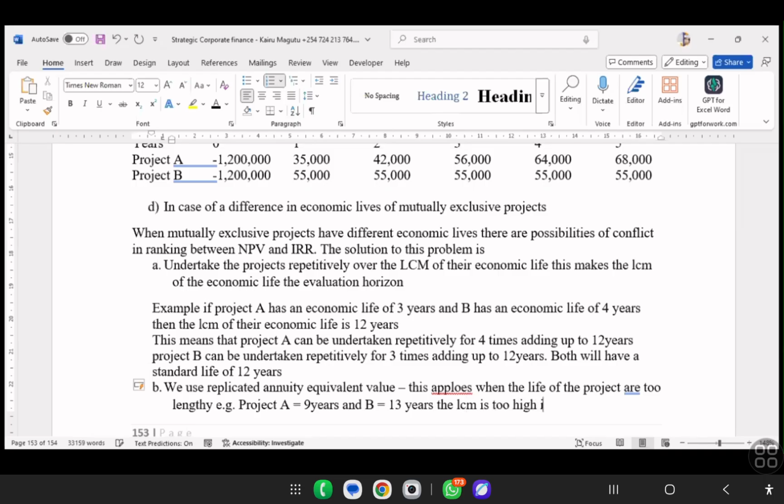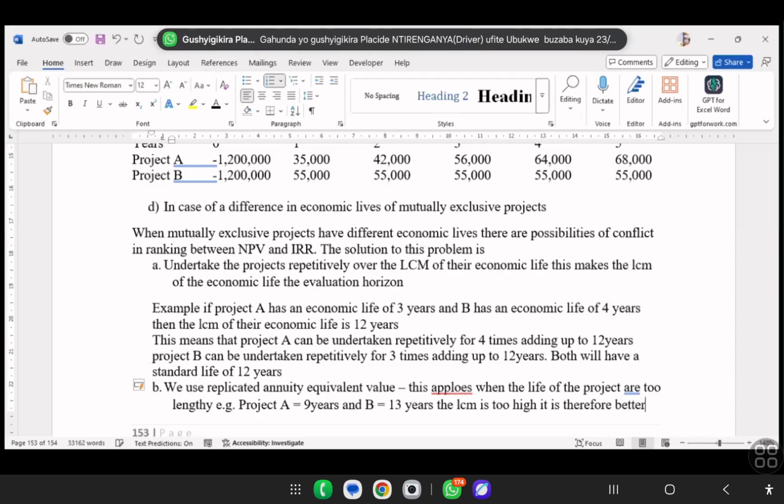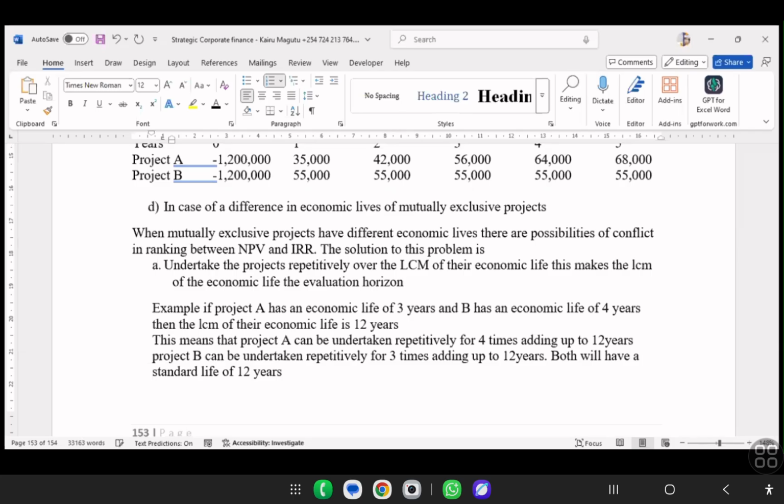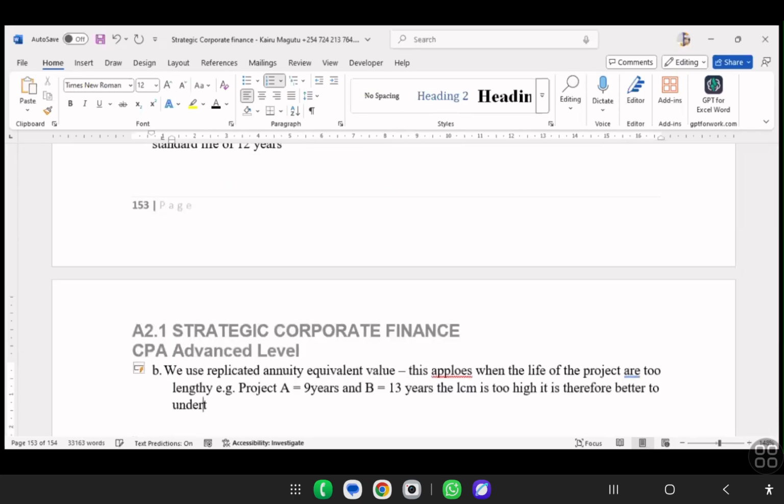It is therefore better to undertake the projects repetitively in perpetuity,